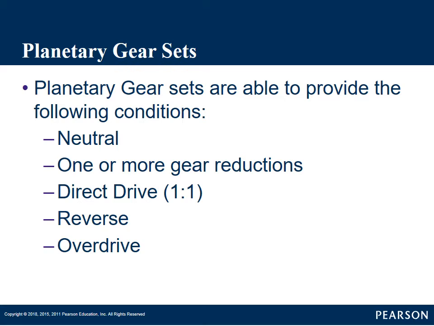Depending on the configuration, how they put these gear sets together in combination with clutch packs and bands gives us our multiple speeds. But many times where it says 1 or more gear reductions, one of those gear reductions that it's capable of doing isn't very useful for the transmission. Okay. So even though we can get all these out of a simple planetary gear set,